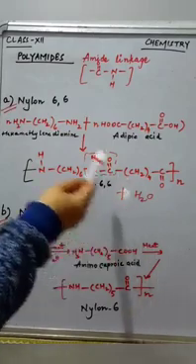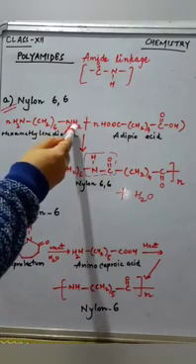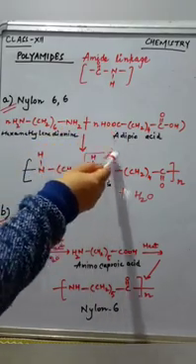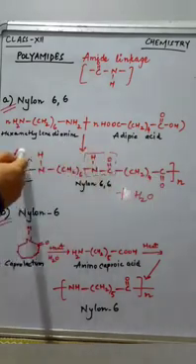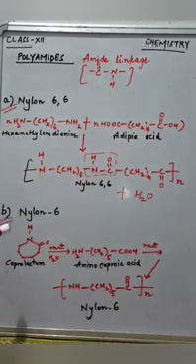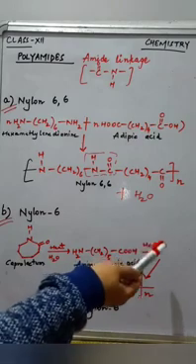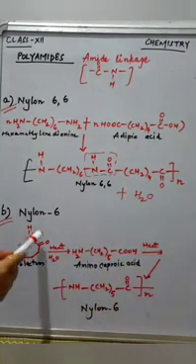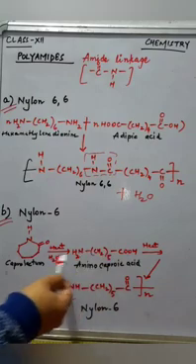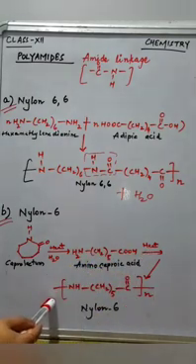Water is eliminated, OH from here, H from here. This is eliminated, and NH is joined to CO. This is the amide bond. So we get nylon 6,6 from hexamethylenediamine and adipic acid. Now nylon 6. The monomer for nylon 6 is caprolactam. Caprolactam on heating gives aminocaproic acid, and on further heating we get nylon 6. The ring is opened, and after heating we get nylon 6. Nylon 6 is also a condensation polymer.